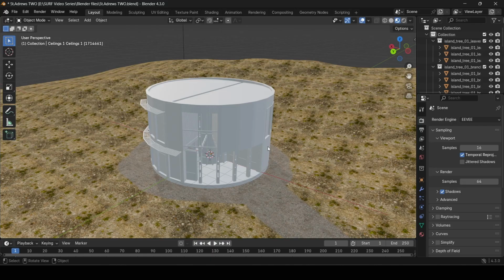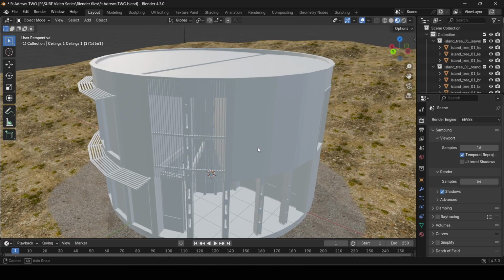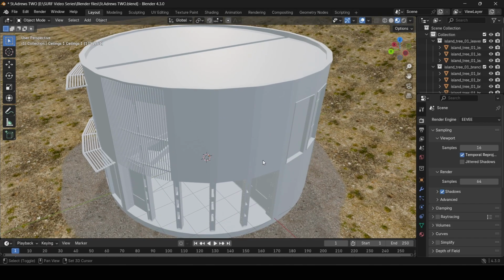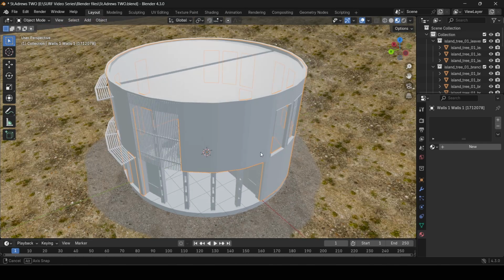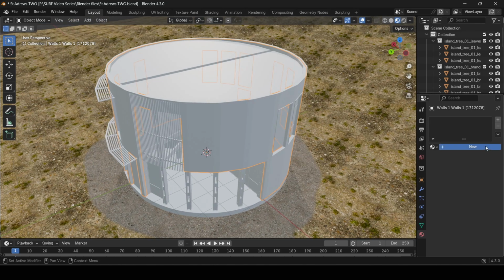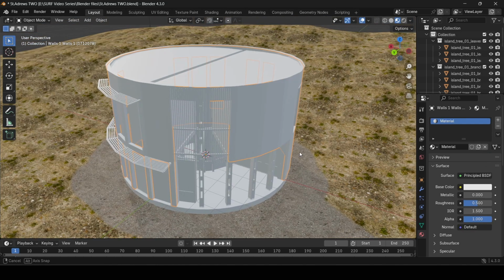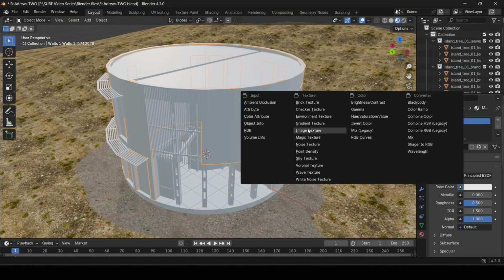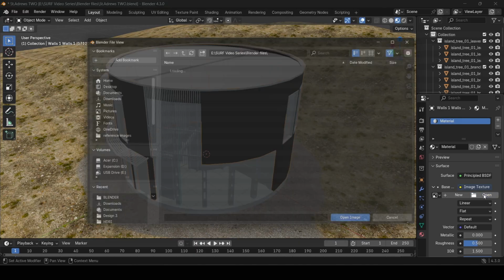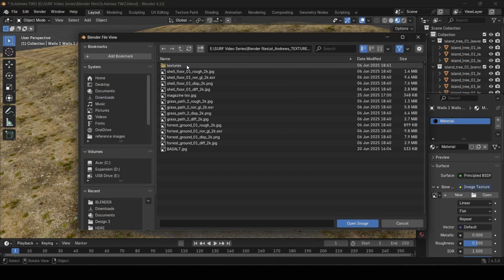So to start the texturing process, I recommend getting some textures for your building from websites like Polyhaven or Architectures, as I've shown in previous videos. To start, I'm going to select the exterior walls, and I'm going to go to Materials on the bottom right tab. And once we're here, we're going to click New to add a new material. And I'm going to hit this little yellow button on Base Color to add an image texture. I'm going to open to find my file, and I'm going to locate the image that I downloaded from the